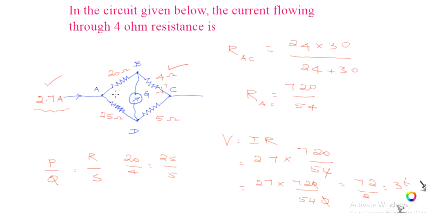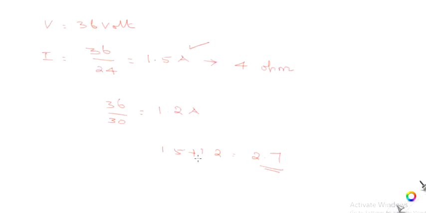What we have to do? If they have given a circuit like this, first you have to find out whether the circuit is balanced or not. If it is balanced, then only you can proceed in this method. Otherwise, it is not possible to find out in this method. After that, you find the total resistance of the circuit. That means this and this are in series, this and this are in series, and both are in parallel. After that, you find out the voltage. After that, you find out the current. I think it is clear for you.